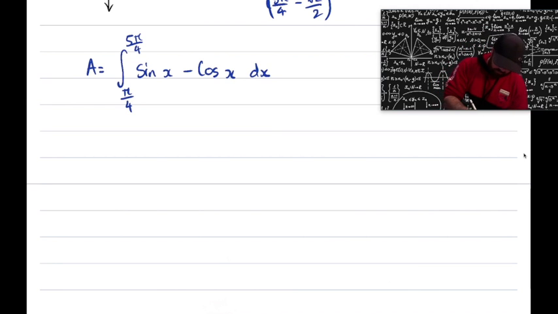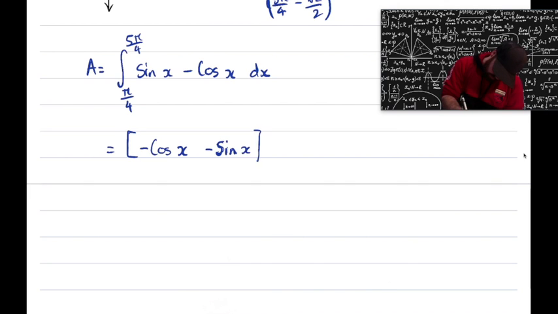So what we have here is minus cos of x minus sine of x evaluated between 5 pi over 4 and pi on 4,